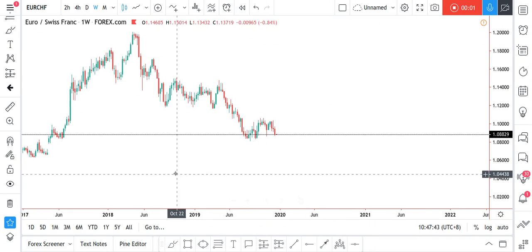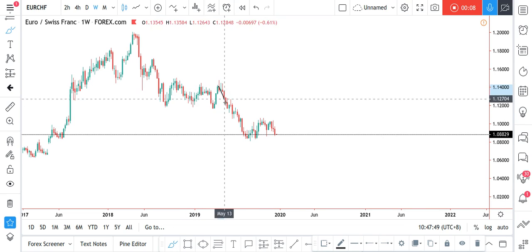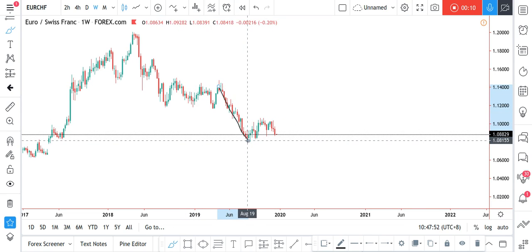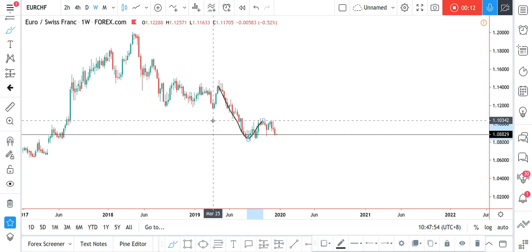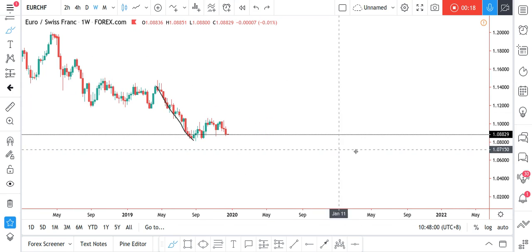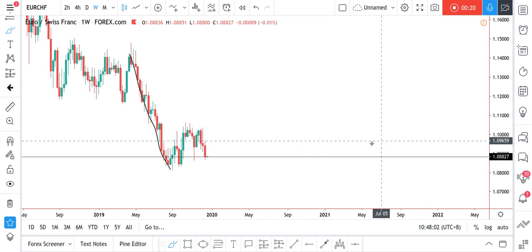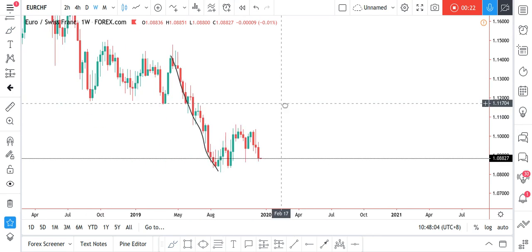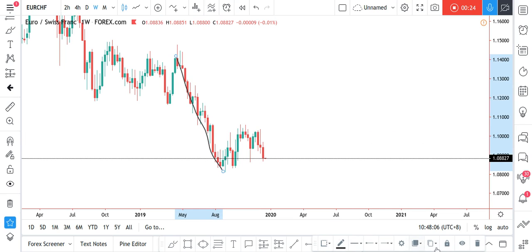Hey traders, let's have a quick look at EURCHF from the weekly time frame. From the weekly time frame, we have this very nice impulse to the downside, followed by a small correction in order for us to get a nice push back down to the downside. Now on the weekly time frame, it's very clear and very obvious that we have this very good M formation